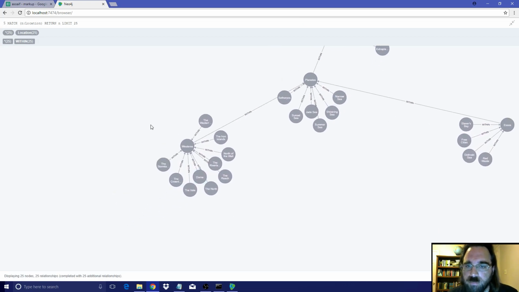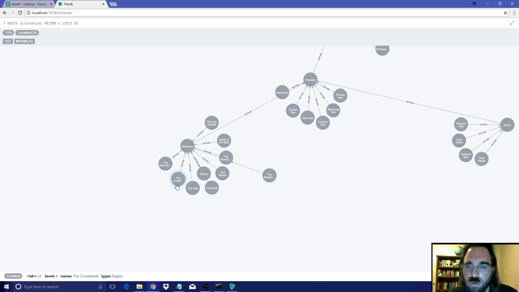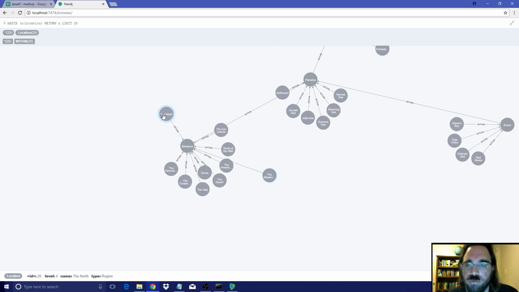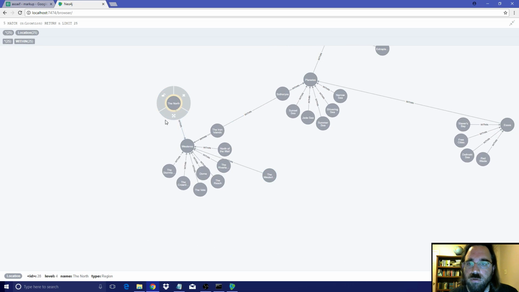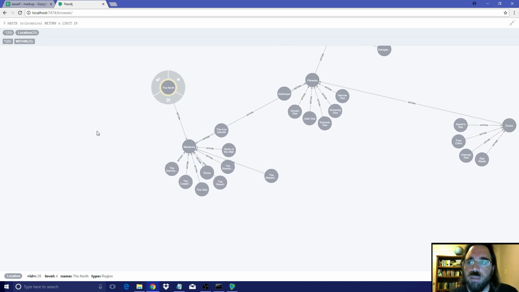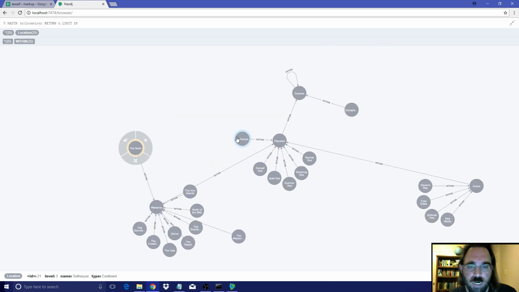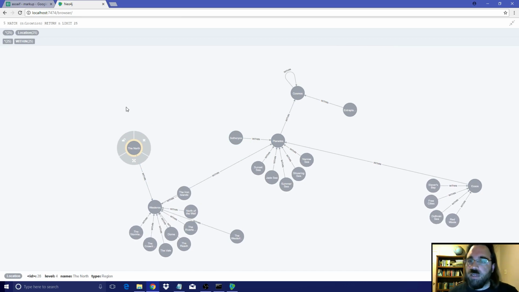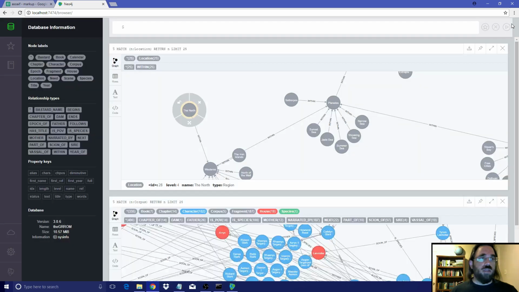So here's the north. And I think locations is actually right now on its own. I haven't tied that into some other stuff yet, but ultimately locations would be tied into the chapters that took place in those locations and the words that referenced those locations and stuff like that. So that's that, and then one more. Let's look at the